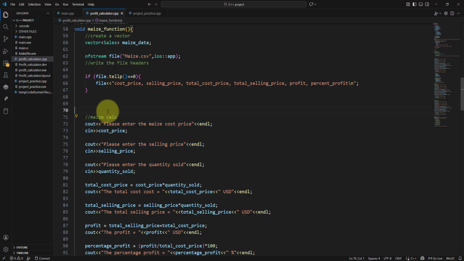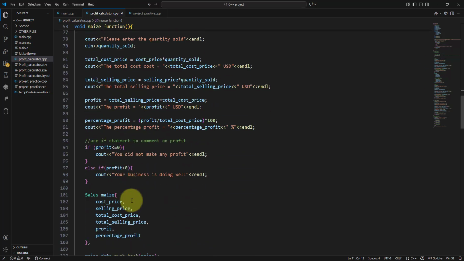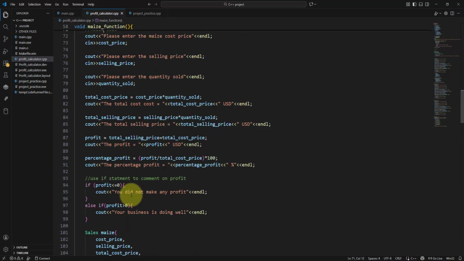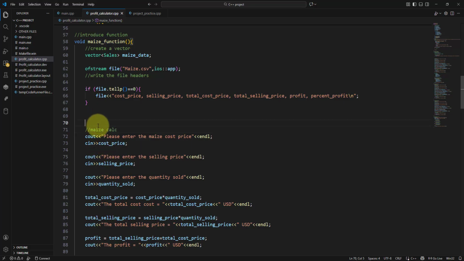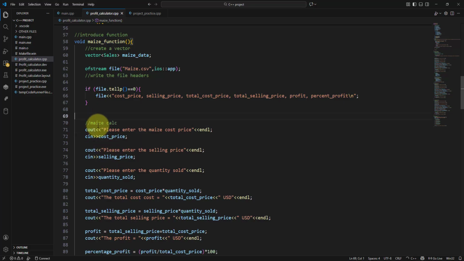Alright, welcome back. Now we shall create a loop such that these values are appended to these headers, not running through. Actually here it is running through, it creates a header, it enters the values, creates the headers, enters the values. Now we shall make sure we first create a loop to loop through all this line of code, and then we shall close the file at the end, file.close,